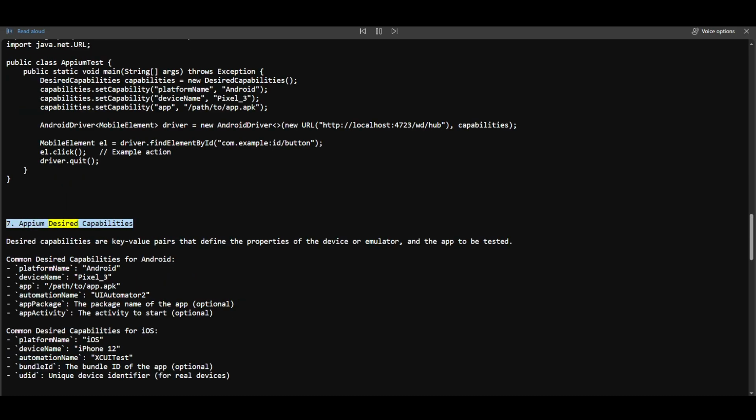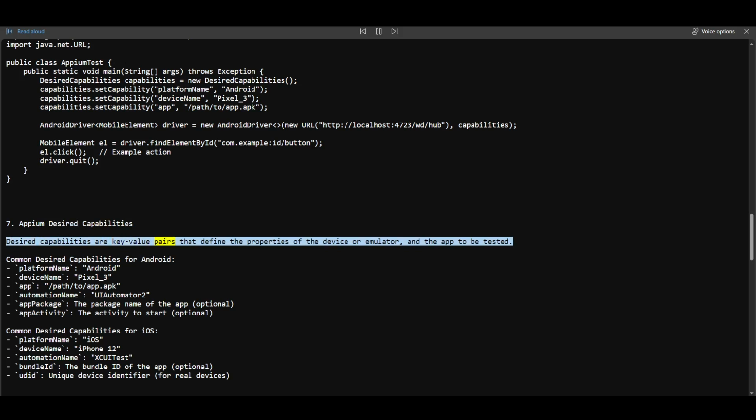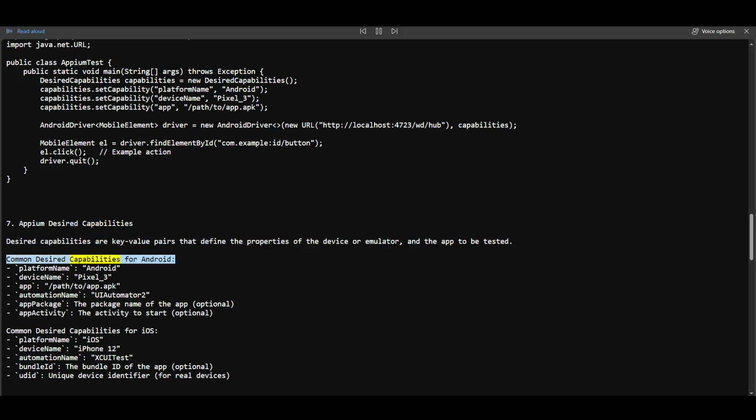7. Appium desired capabilities. Desired capabilities are key-value pairs that define the properties of the device or emulator and the app to be tested. Common desired capabilities for Android: platformName: Android, deviceName: Pixel_3, app: /path/to/app.apk, automationName: UiAutomator2, appPackage: the package name of the app (optional),